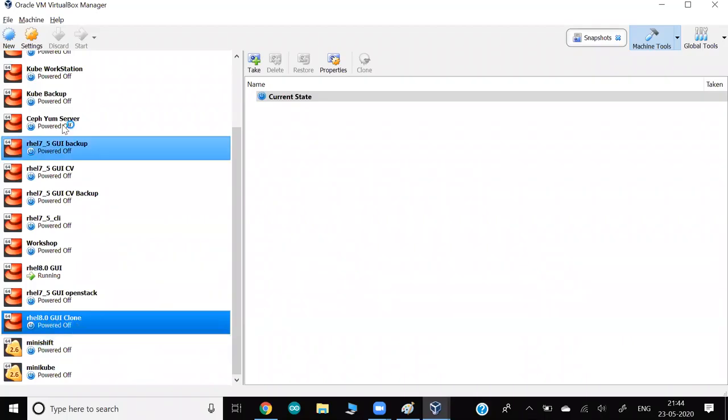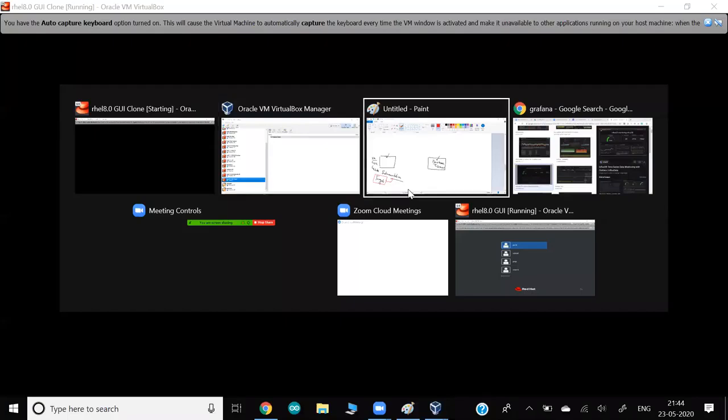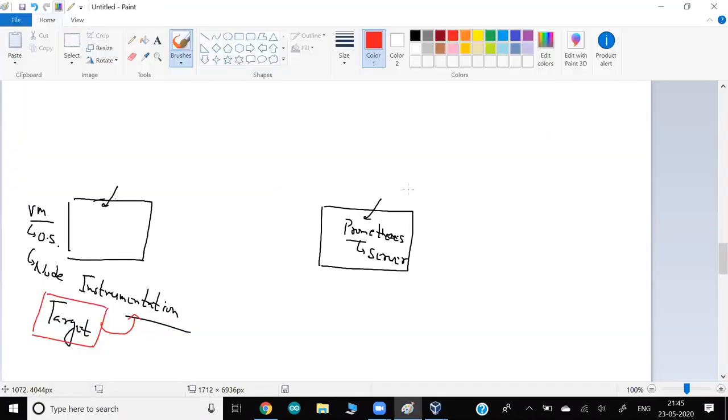So this is my next VM, let me start this VM. Do you want to monitor the entire VM? I can say yes, so I would like to do node instrumentation. But maybe there might be chances you have one VM running, and inside this VM we have one operating system, obviously. Inside this operating system, you are running one web server.